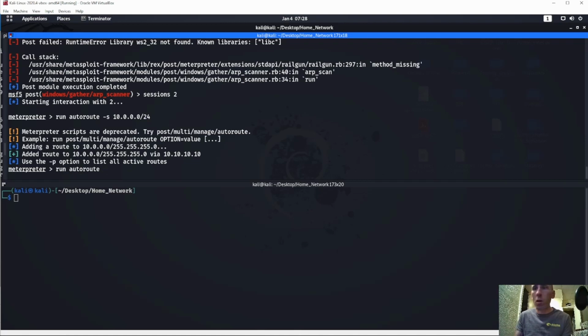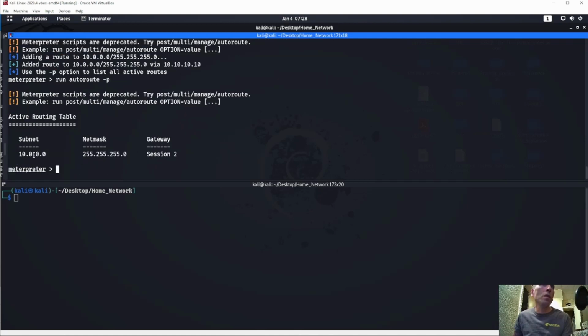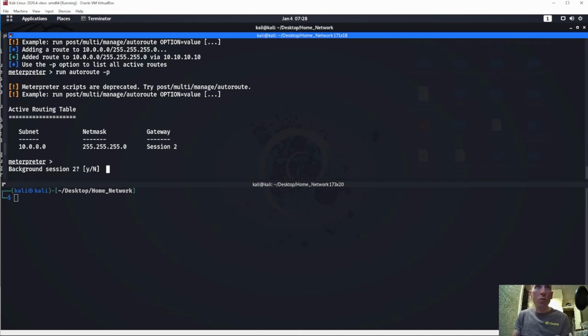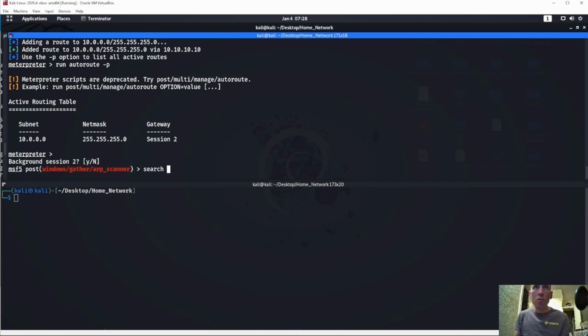If I do an auto route -p, we can now see that yep, 10.0.0.0 is going out of session 2. So we have now just started our proxy chain process there. Okay. Now if I go ahead and press Control Z to background this, and search for socks,